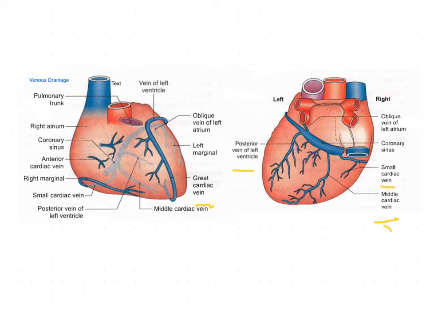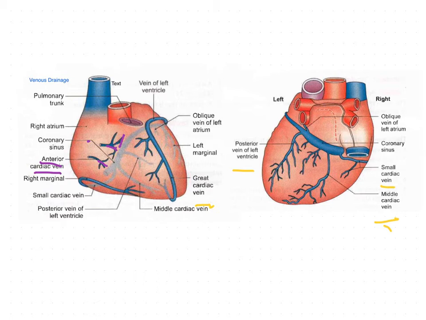So this is the anterior cardiac vein. So these are the anterior cardiac veins. These are 3 to 4 small veins which run parallel to one another on the anterior wall of the right ventricle and open directly into the right atrium through its anterior wall. So these veins are present on the anterior wall of the right ventricle. It opens into the anterior wall of the right atrium. Okay, so this is about the anterior cardiac veins.